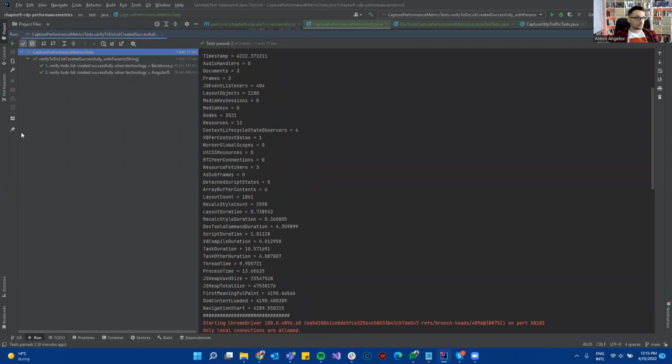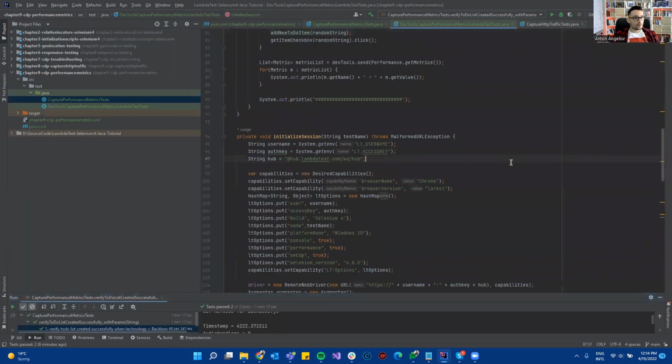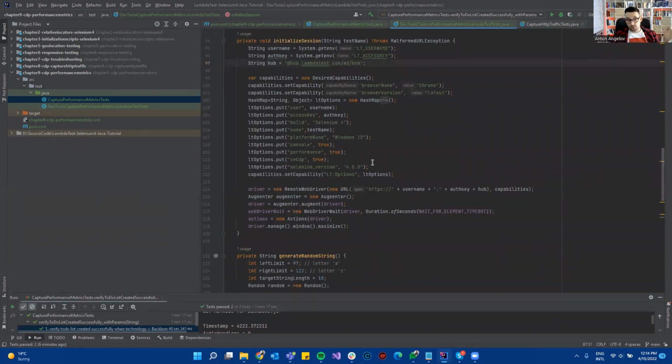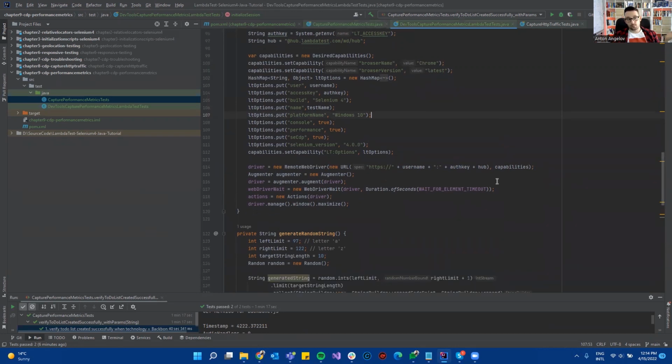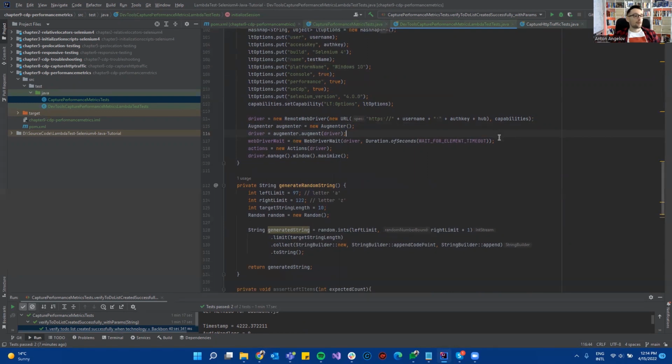And lastly, just a quick reminder again, how we can run all of this in the cloud. Basically, we use normally everything in the Lambda test cloud. You get the credentials and everything, you put the remote driver, and the step that you need to remember is that we need to use the augmenter. And when you use the augmenter, then basically you need to augment the driver so that you have access to the DevTools interface. And after that, in the test,